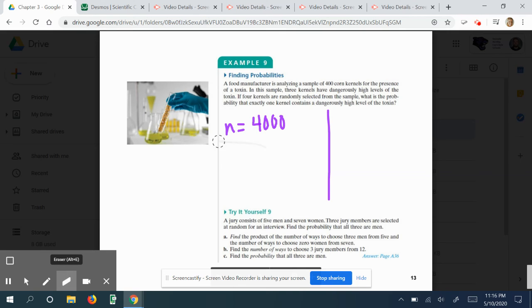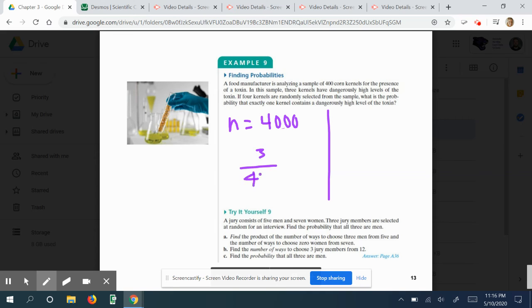We'll do it like this. We know that N is 400, right? And so the probability of having the toxin is the 3 kernels out of 400, right? That's the probability of a toxin. Now, it said if 4 kernels are randomly selected from the sample, what is the probability that one of them has the dangerously high level of the